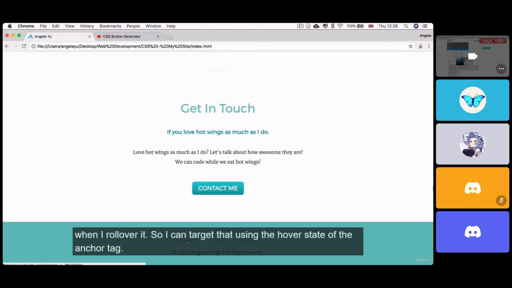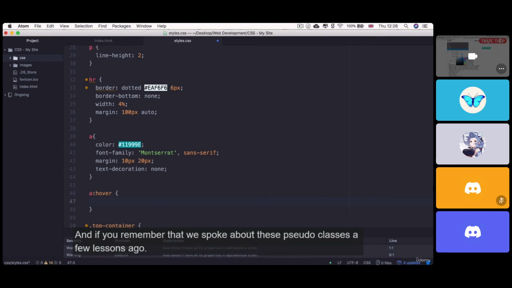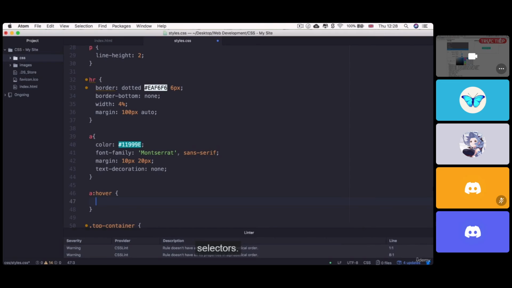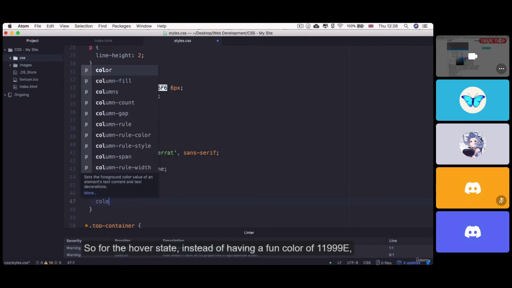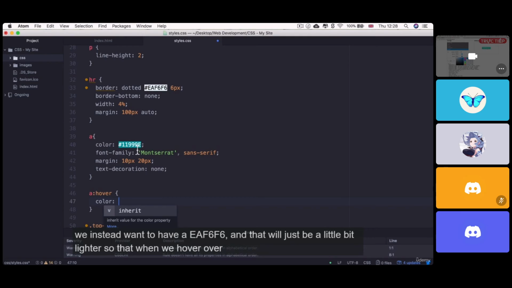So as we said, we want to show that these links are clickable by making it have a different color when I roll over it. So I can target that using the hover state of the anchor tag. And if you remember that we spoke about these pseudo classes a few lessons ago, and if you're confused about this at all, then be sure to check out those previous lessons on the CSS selectors. So for the hover state, instead of having a font color of 11999E, we instead want to have a EAF6,